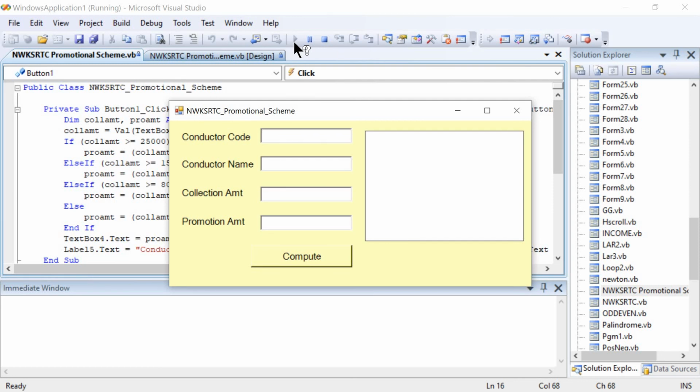Name, but the code we have to enter right now. Next comes the name, then collection amount. Let's take 30,000 here. Then click on Compute. Suppose this is 18,000.